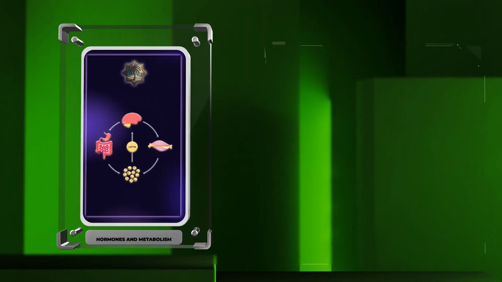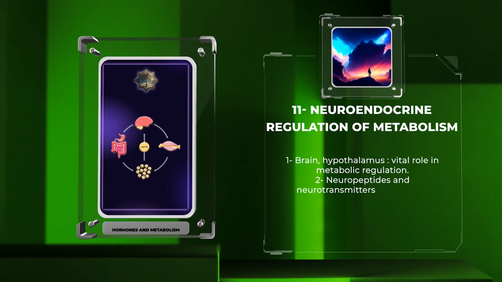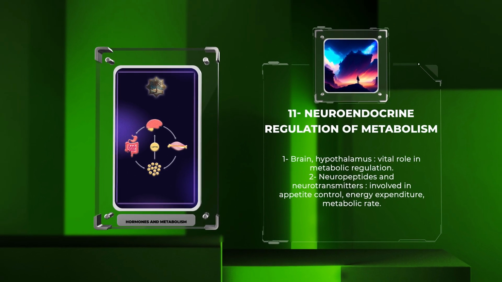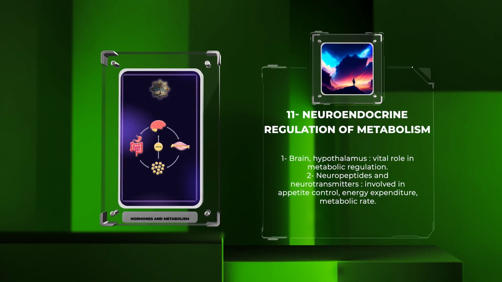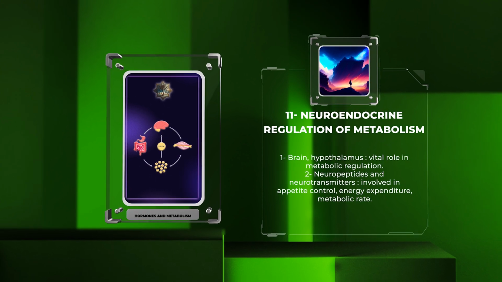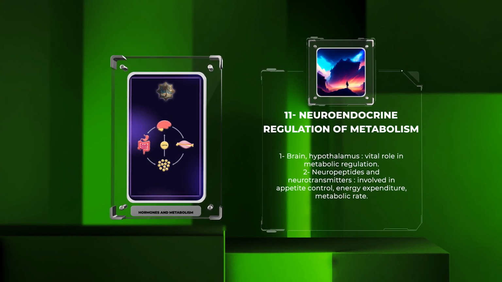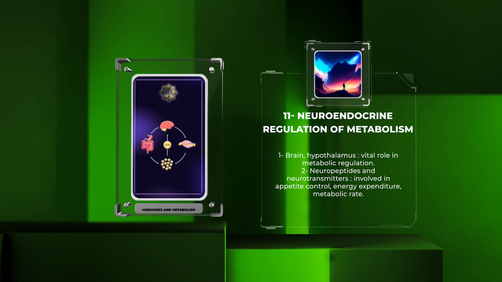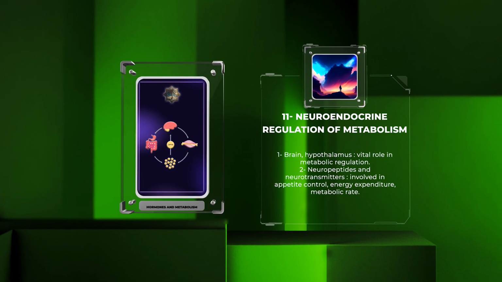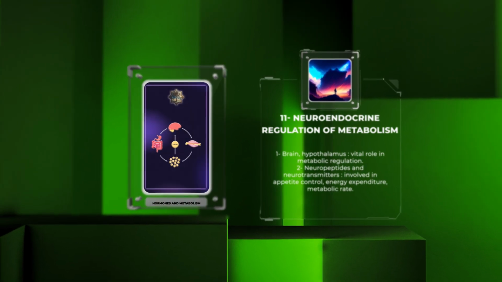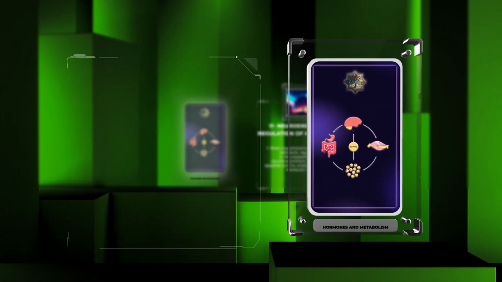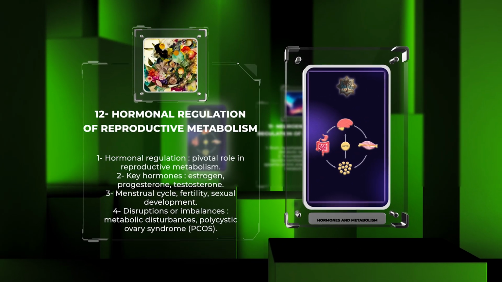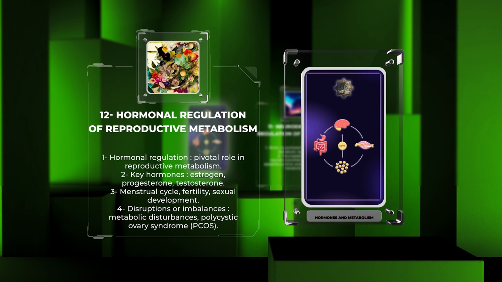The brain, particularly the hypothalamus, plays a vital role in regulating metabolic processes through the integration of neural and hormonal signals. Neuropeptides and neurotransmitters, such as neuropeptide Y, NPY, pro-opiomelanocortin, POMC, and serotonin, are involved in appetite control, energy expenditure, and metabolic rate regulation. In the field of endocrinology, it is crucial to understand the intricate relationship between hormones and metabolism,